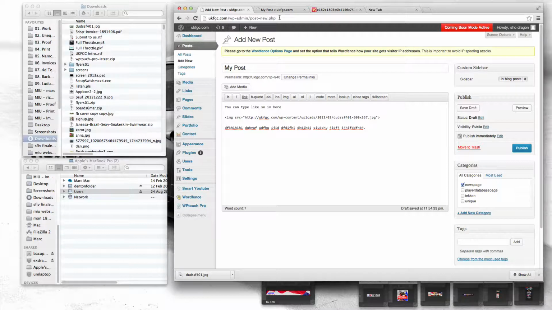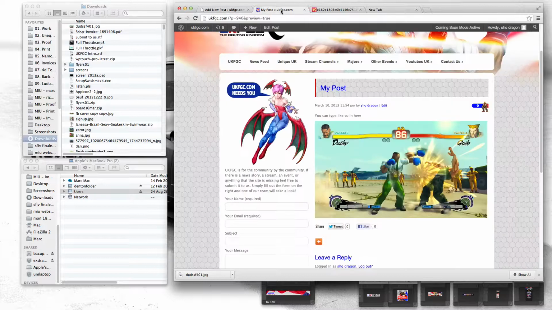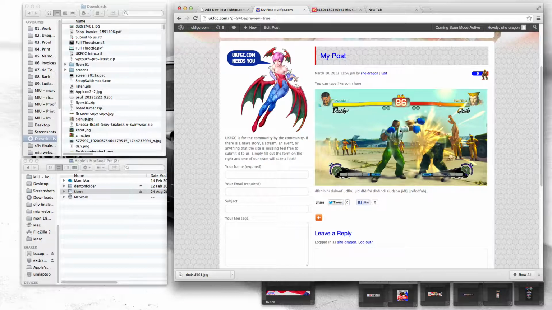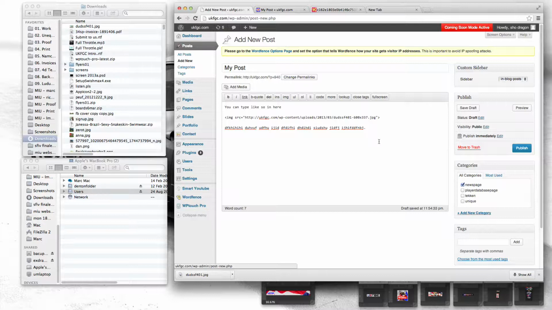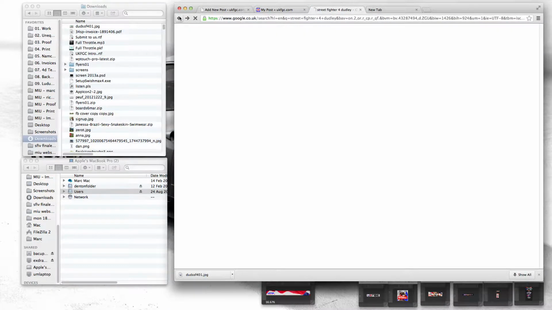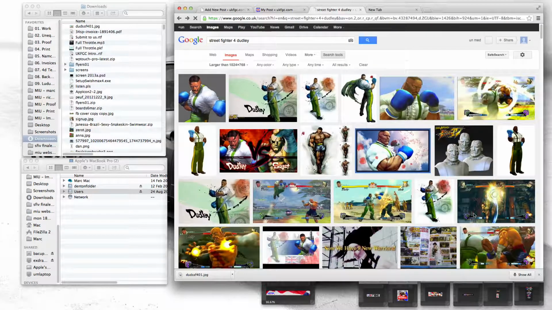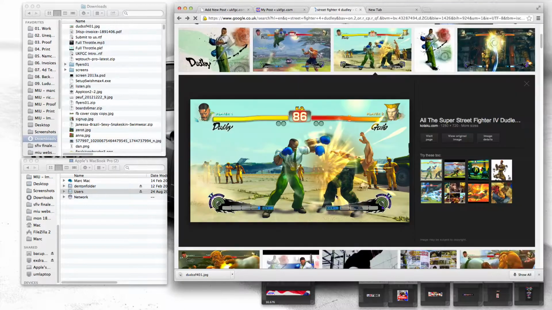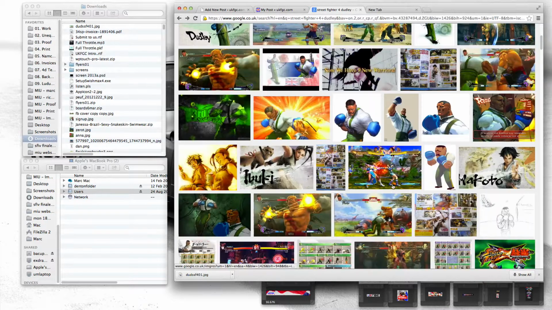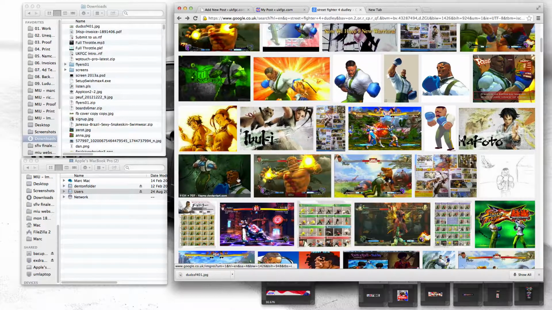Let's wait for it to load. Okay, go back to your preview tab. You can see, look, it's adding as I'm going along. So if you want to add another image, I'm going to go back to Google again. I'm just going to grab another Dudley image. So again, this one, look,